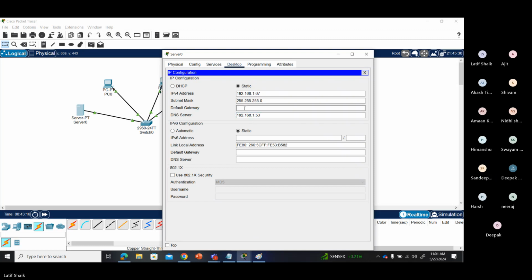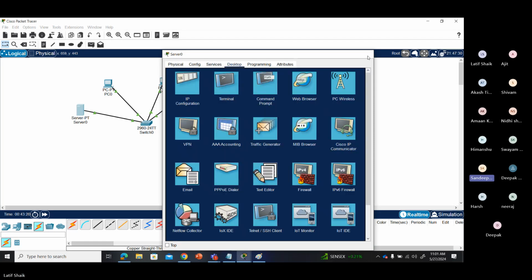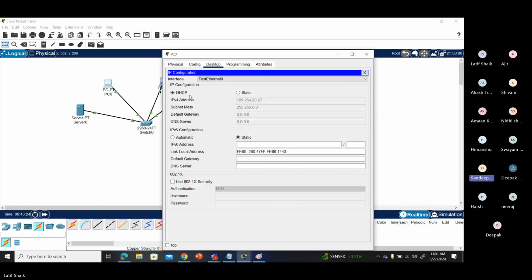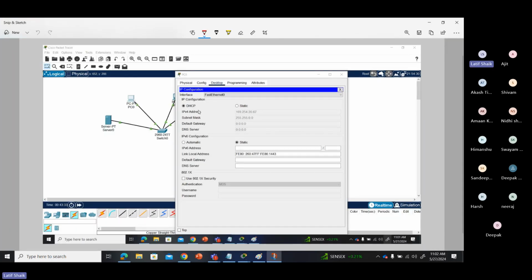Sir, yes, tell me. When you were assigning the IP, it was starting from 169, maybe class B. Why is it happening? That's a very good question, and a very good observation also. So when I'm trying to get an IP address from DHCP, I'm getting